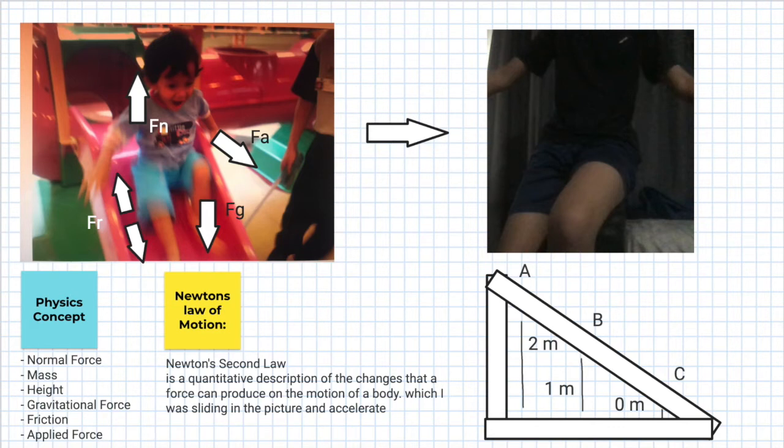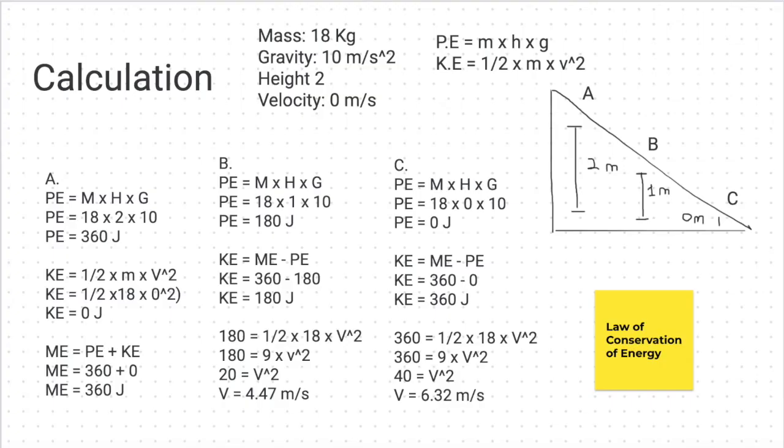To make it clear, I make some kind of triangle which shows the positions from I was beginning in A, from my beginning position, and then B, and then C. Moving on to the calculation. So in this calculation we use the law of conservation of energy. The formula for potential energy is mass times height times gravity, and the formula for kinetic energy is one and a half times mass times velocity